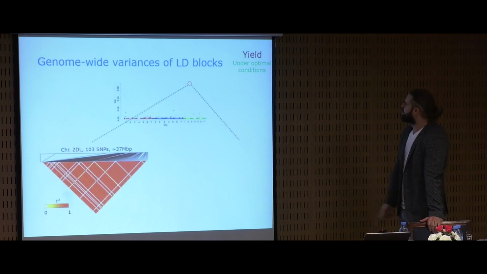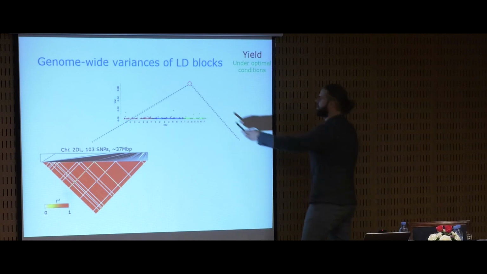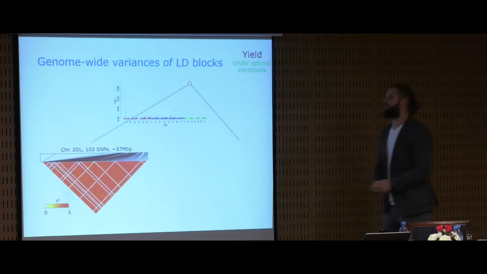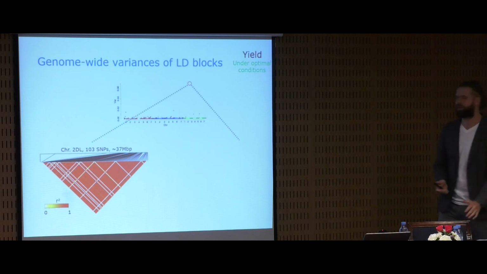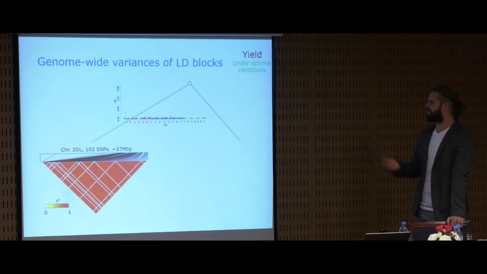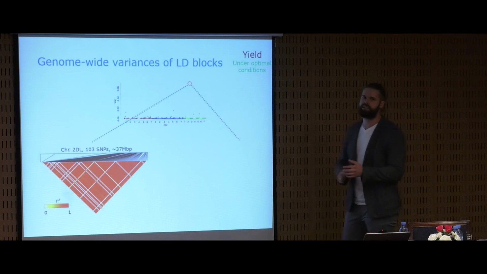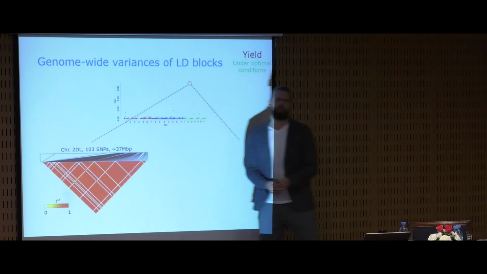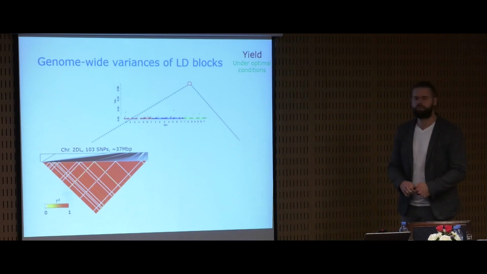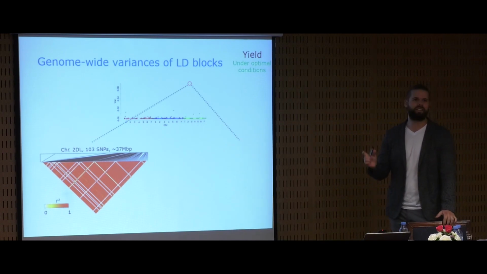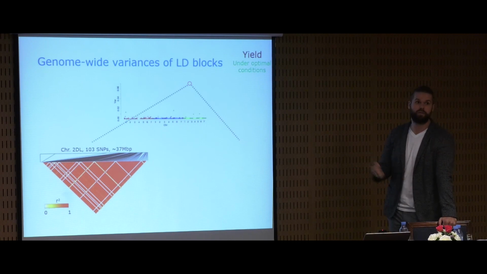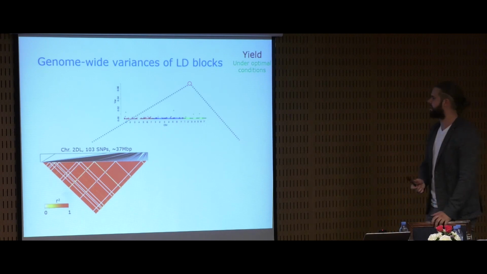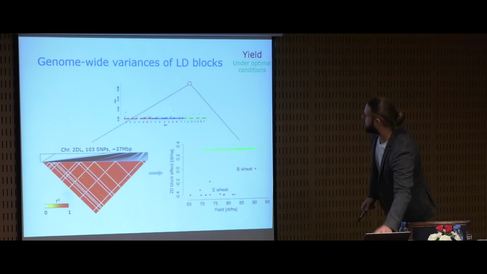We actually see that there's a block on chromosome 2D that consists of more than 100 markers. So it's a massively conserved block that spans a region of 37 megabases. And maybe just very quickly to this really rough comparison between megabases and centimorgans in the beginning. I think this block initially spanned 17 centimorgan, but if you look at physical distances, it's actually close to 40 megabases. So it's a massive block. And if we compare